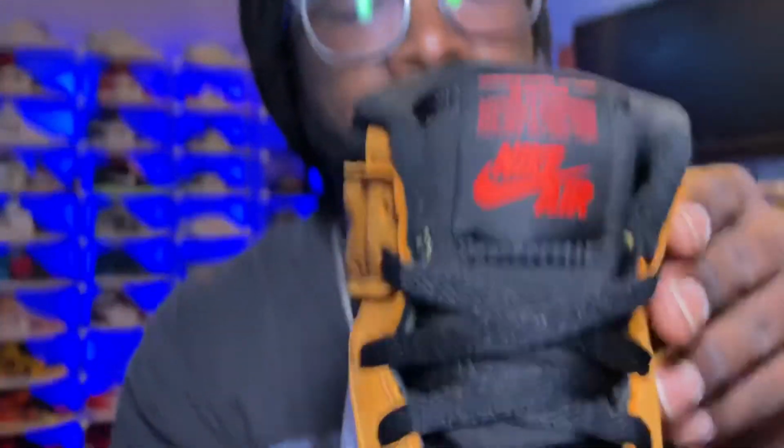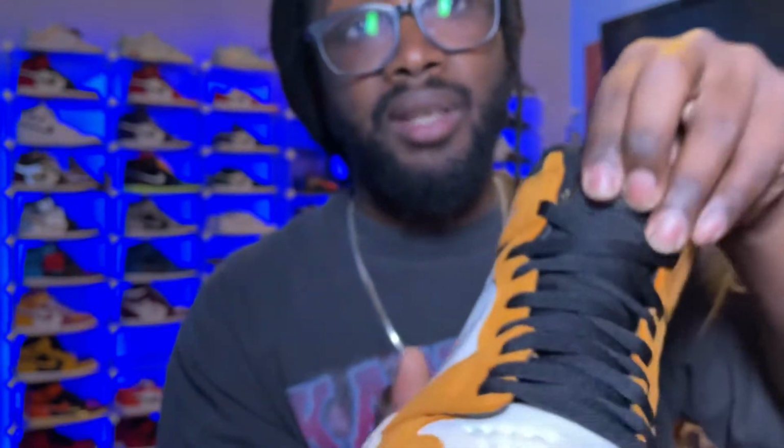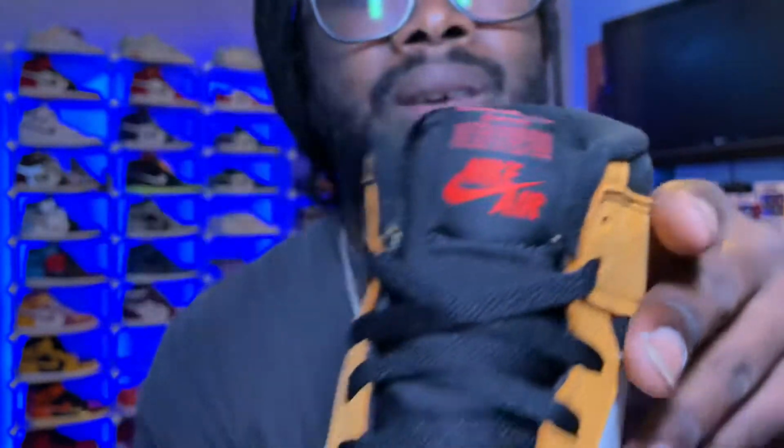Here's the tongue. The tongue's in Gore-Tex too, by the way. The black part is Gore-Tex. And then we'll show you the actual tag. What it says on the tag is...